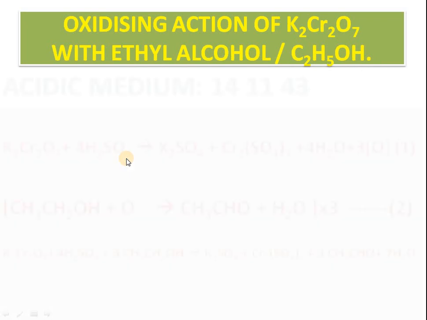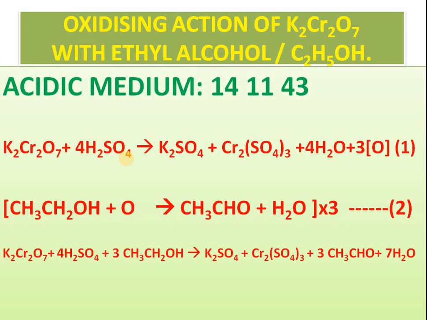Next is ethyl alcohol. This is a very important reaction in regard to organic chemistry. We will do it in organic chemistry also, but not these reactions. We will discuss in detail how alcohol is converted to aldehyde, and aldehyde to acid. So this is what we will discuss there, but actually what happens you can see from here. Okay, so see, I am writing each and every equation in one line. There is a basic logic that if you write the equation in one line, the chances of error will be least.